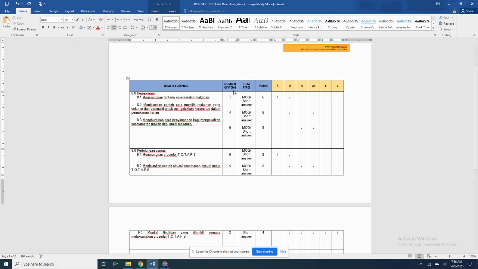So say for example, I have 2 items here and 2 items here. My first 2 items are MCQs. My remaining 2 items are short answers. So I'm just going to type SA for short form.